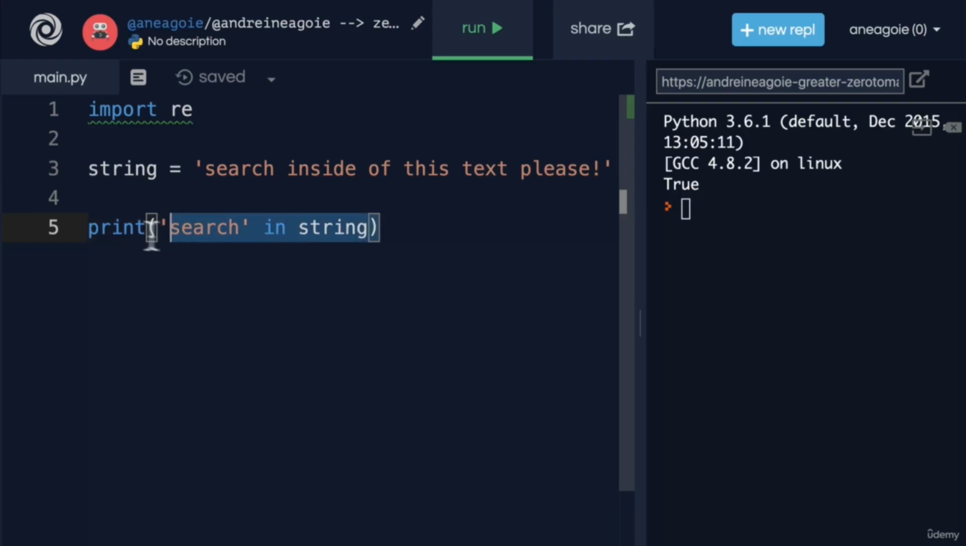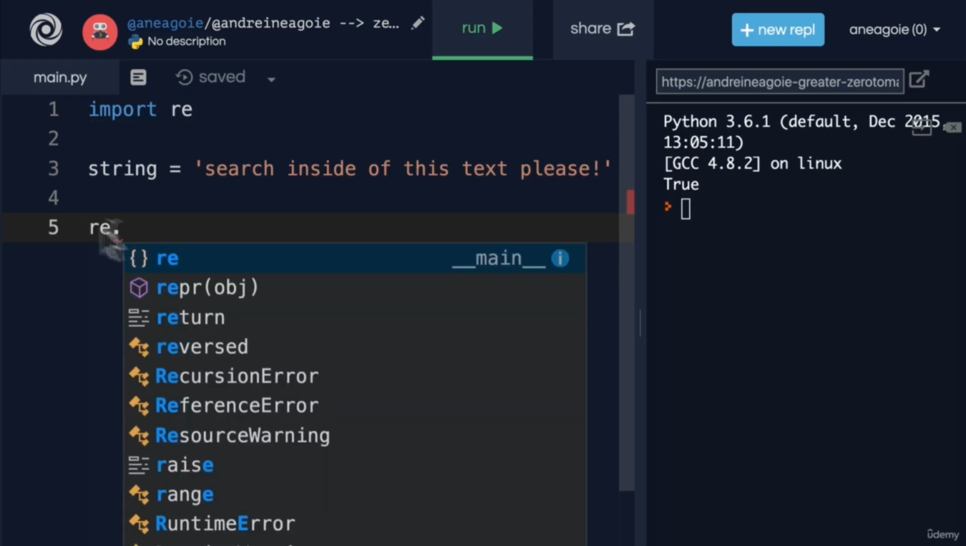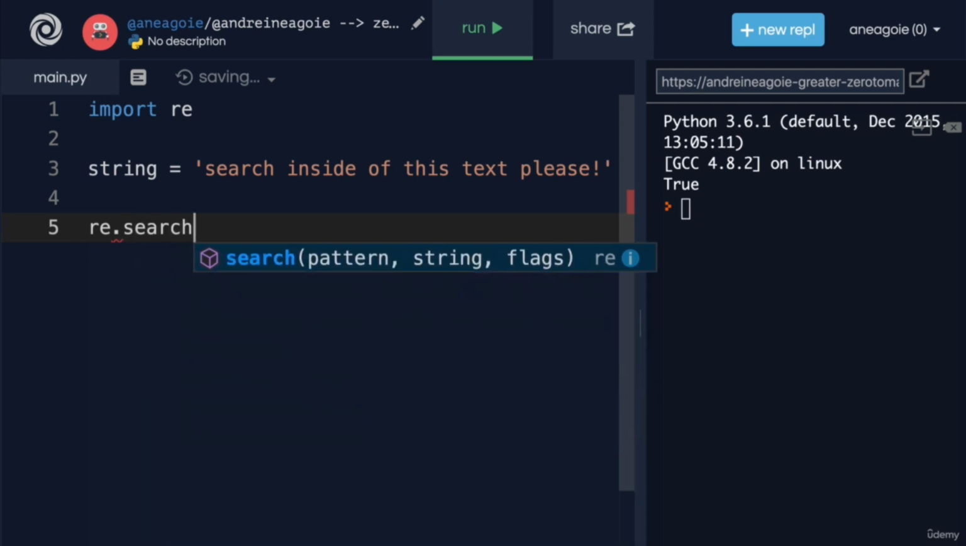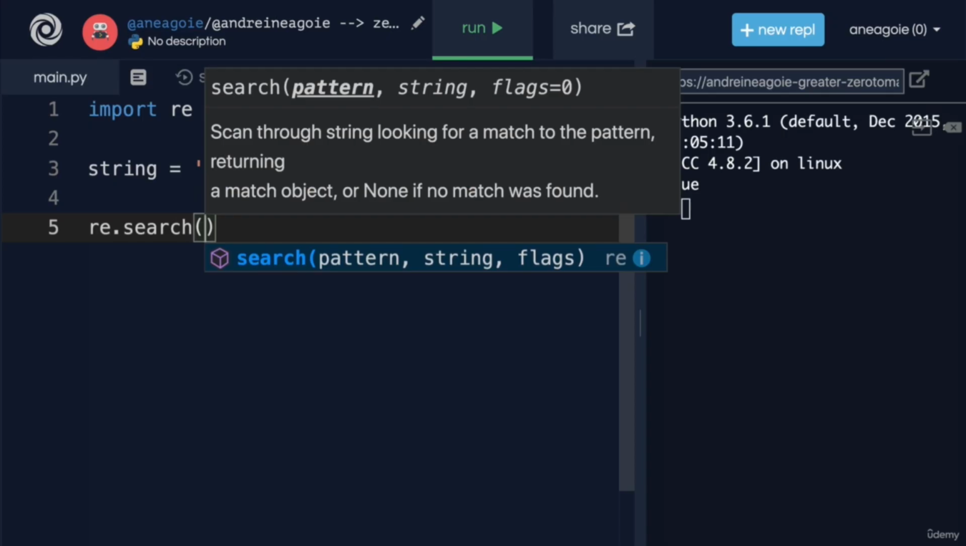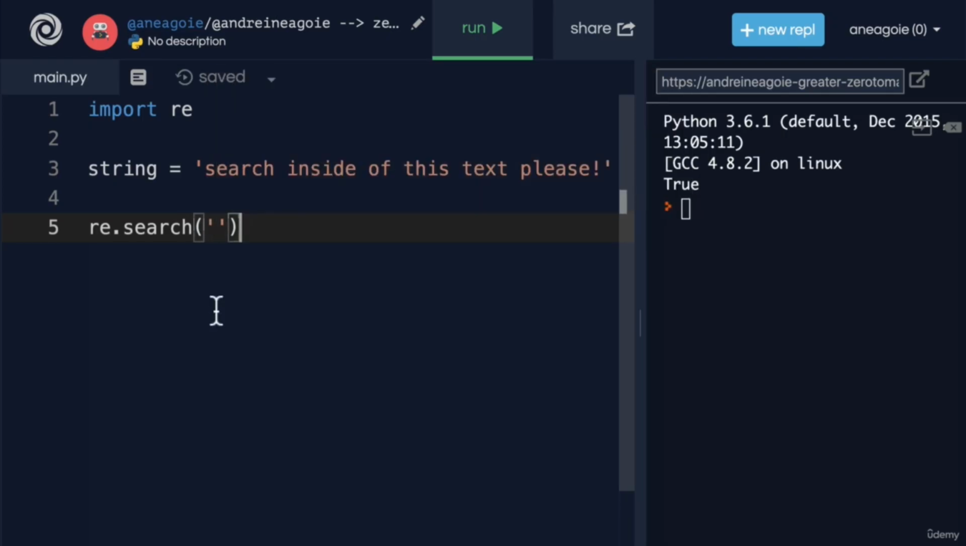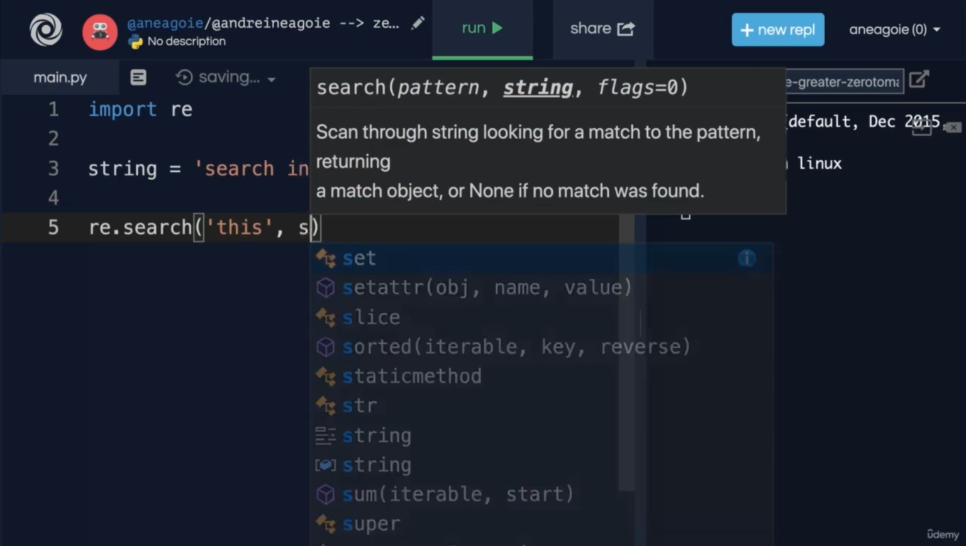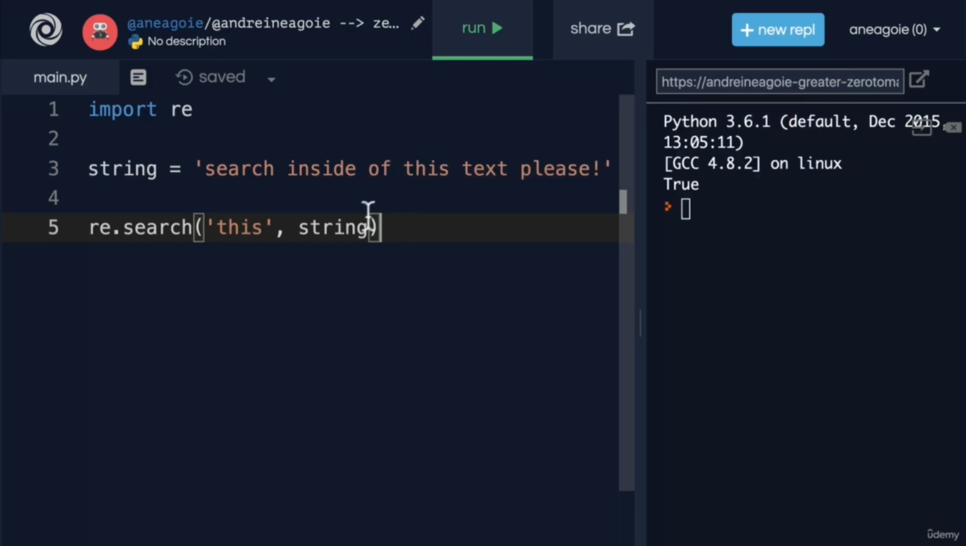The way we use something like regular expressions is using this format. So I can say re dot, and then in here use search. And as you can see here, we give it a pattern and a string and some flags. We'll talk about that a little bit later. So all we need to say is, what pattern do you want to do? Well, I want to search if this exists in the string. So I can say this, and then give it the actual string. In our case, well, this is our string. So if I run this, well, let's print out what happens here. So let's do print. If I click run,